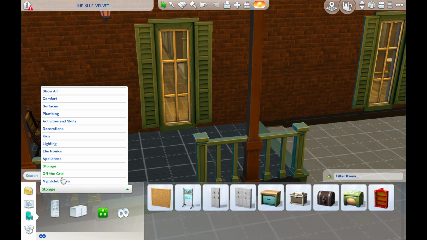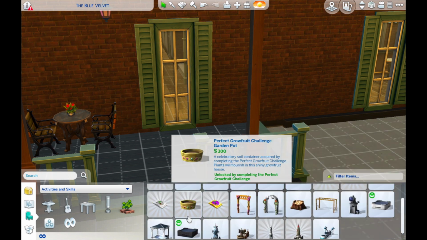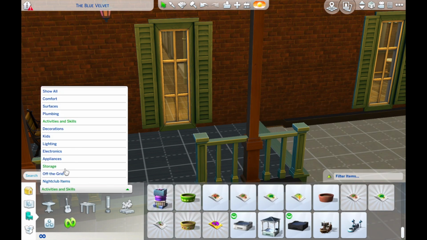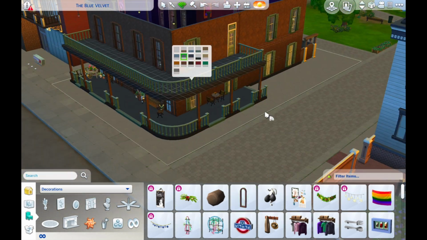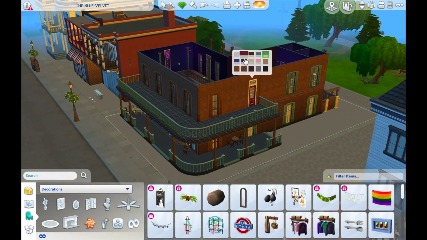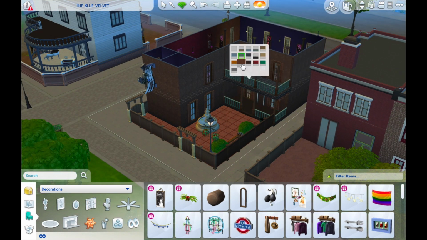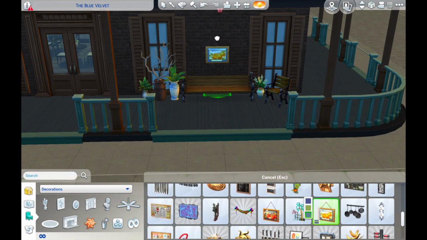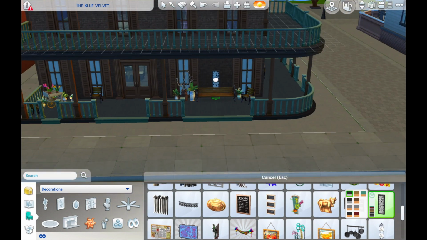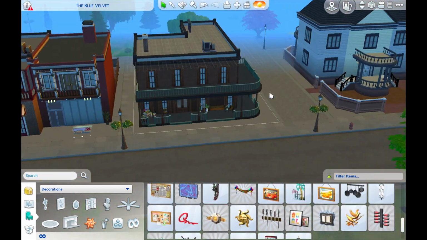I gotta tell you guys that it is freaking hard to find any signs in the base game. And I know that I said that I like the base game plants, but that still doesn't apply to the pictures, because they suck. But anyways, I want to add some design here, put this little wood thing, which I like,